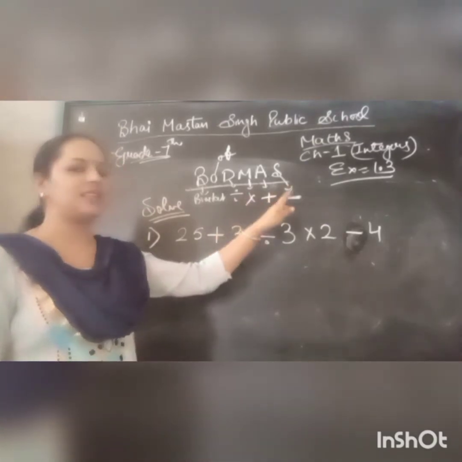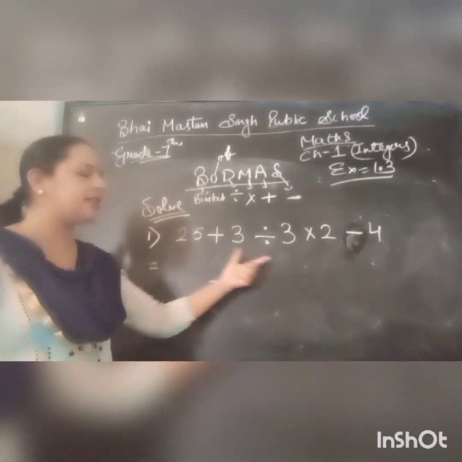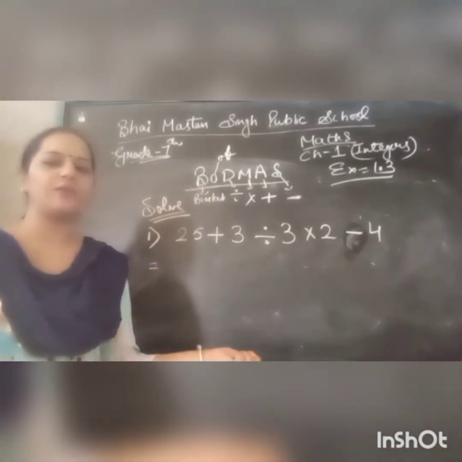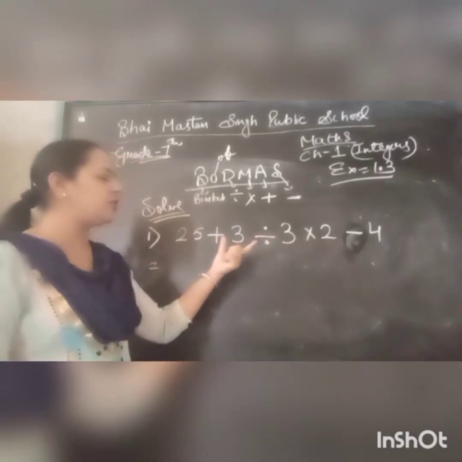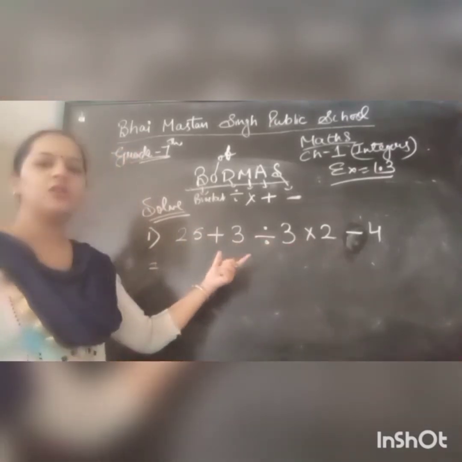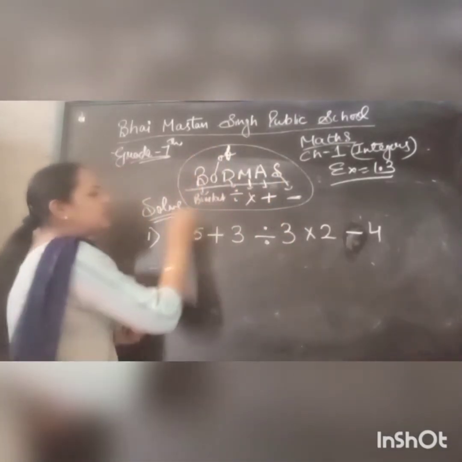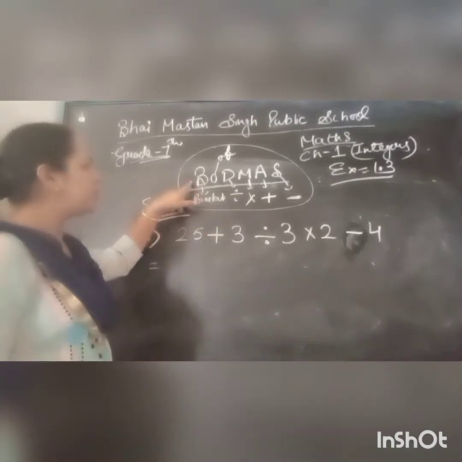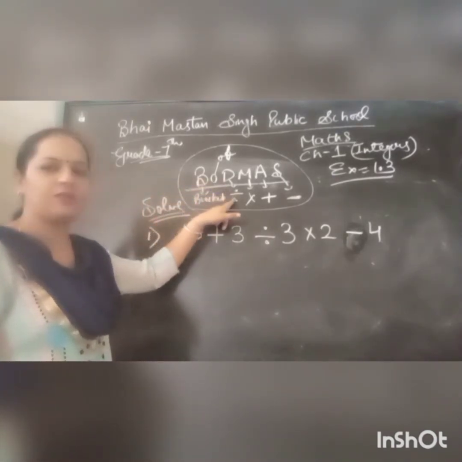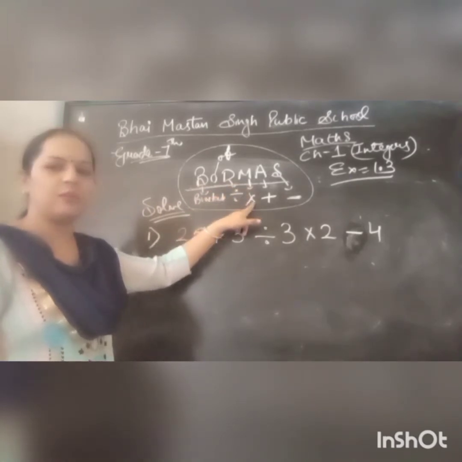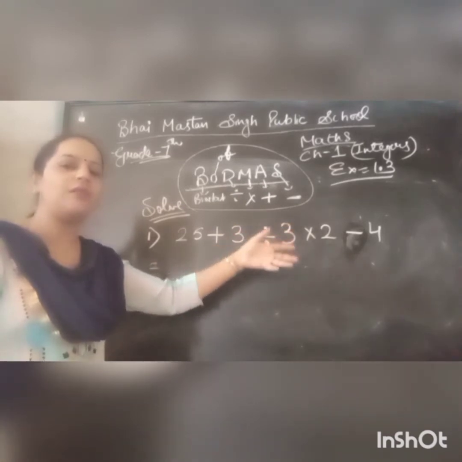Now next is exercise 1.3. In this statement, first we have been given equations to solve. How do we have to solve this type of equation, because there are so many symbols given here, division, multiply, and so on? I will use this formula to solve these type of equations. Firstly, B means bracket, O means of, D means division, M means multiply, A means addition, and S for subtraction. Then how will I solve it?